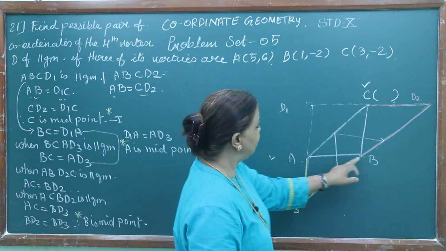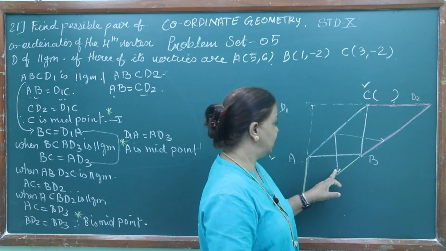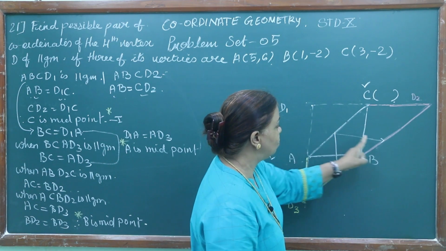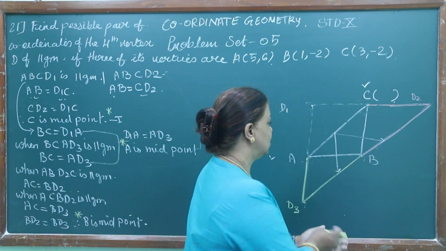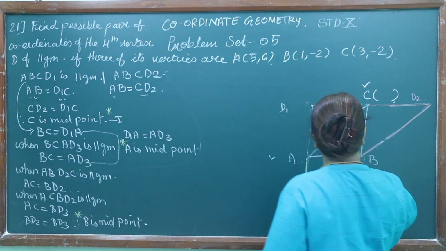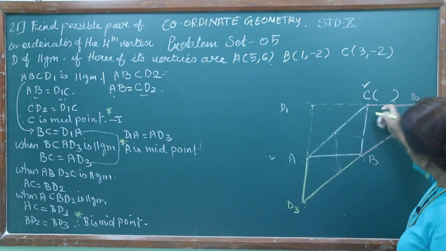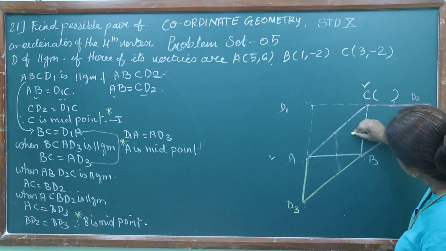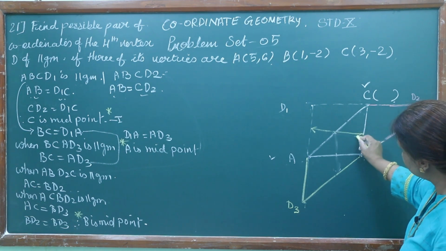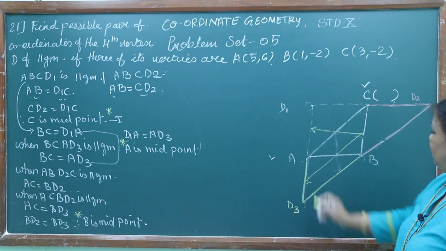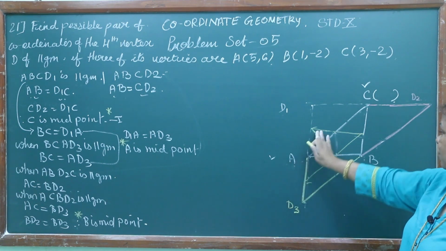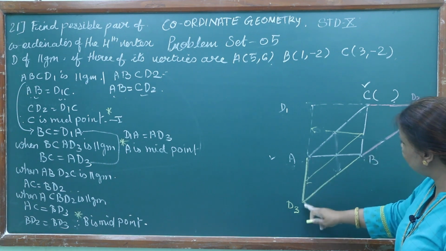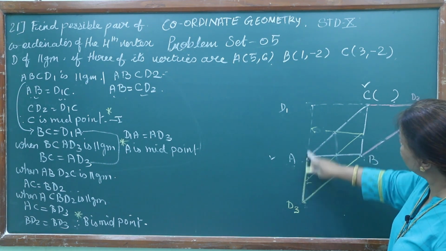See, always we have taken one of the sides of the triangle. When I wanted to prove B as the midpoint, I have taken AC. And I proved AC equal to this and AC equal to this. And then when I wanted to prove A as the midpoint, I have taken CB. In that case, I have proved CB equal to this and CB equal to D3. And then I proved A as a midpoint. Because CB is equal to AD1, CB is equal to AD3, therefore AD3 is equal to AD1 and therefore